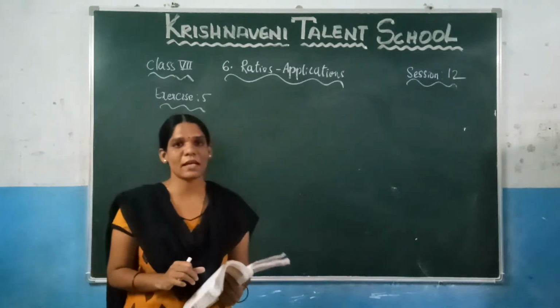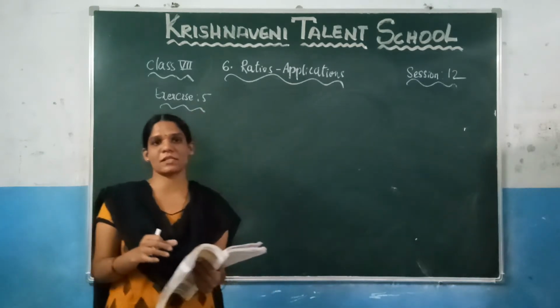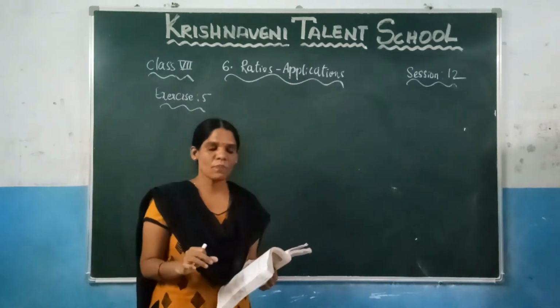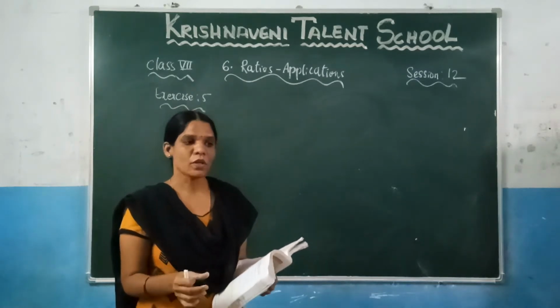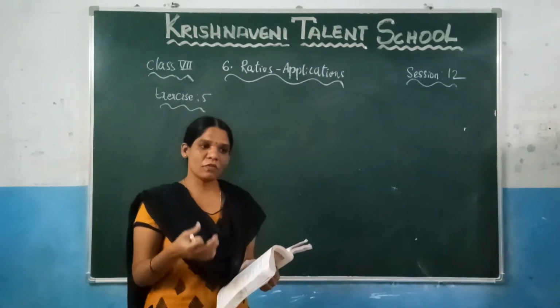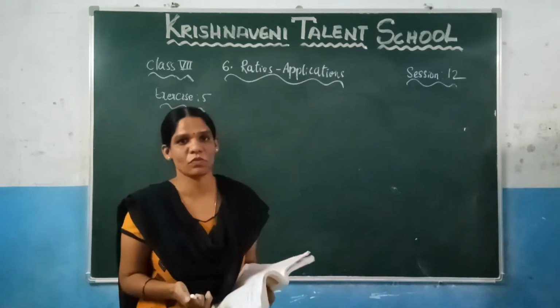So, what is the question they have given here? They said that a carpenter is allowing 15% discount on all his goods. So, he had sold one of his chairs for 680 rupees. Now, you need to find here, before giving 15% discount, what should be the market price? That you need to find.